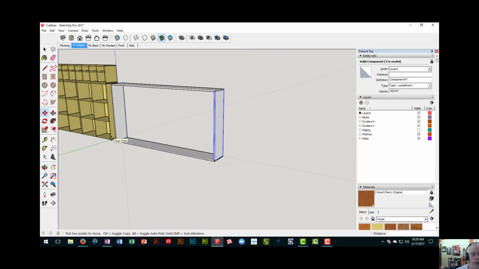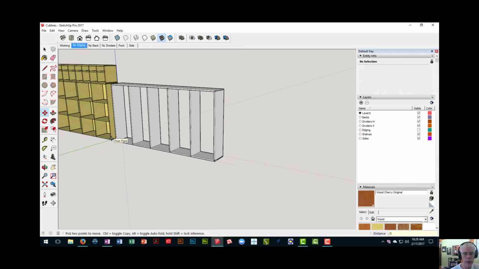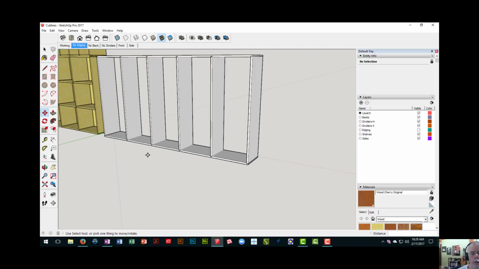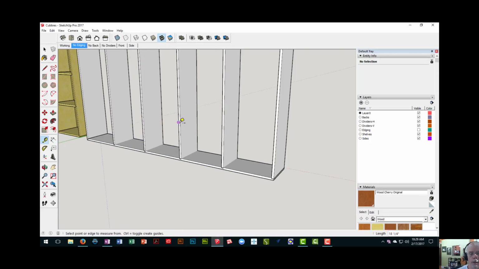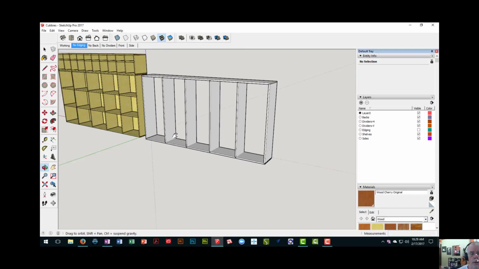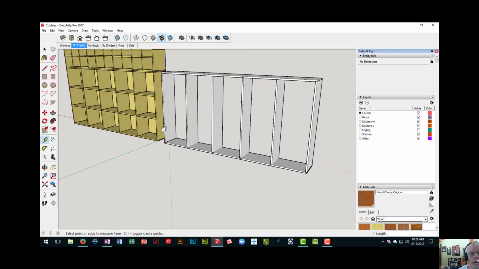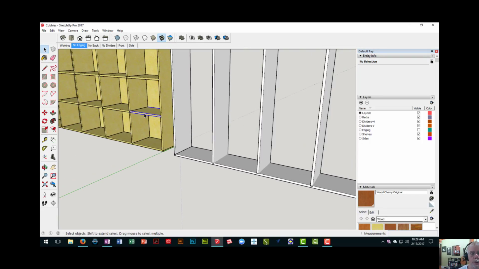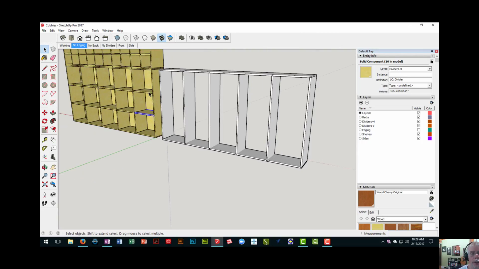So I'm dividing that move into 5 equal parts, and at the same time I am copying the piece. So let's check and see the result here. And it's 18 1/4 inside to inside. This is 18 1/4. So they're all spaced exactly the same, and that's what that divide command is going to do for you. Okay, so next thing we're going to do is make these shelves, and then we will cut